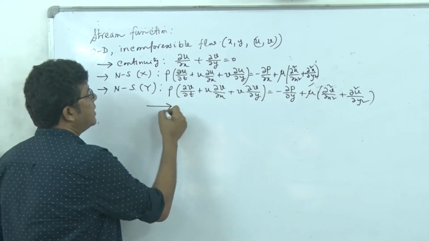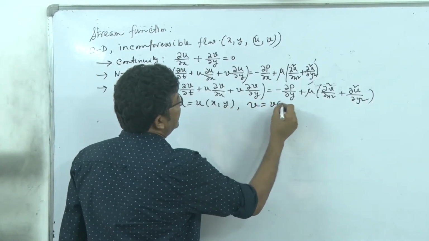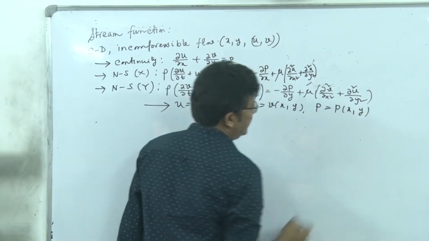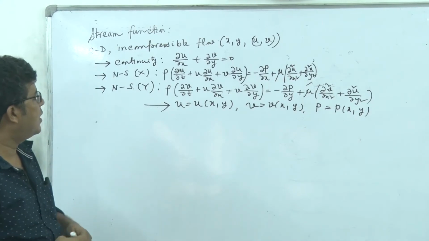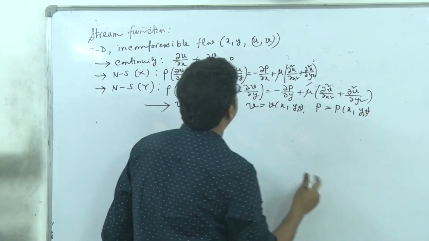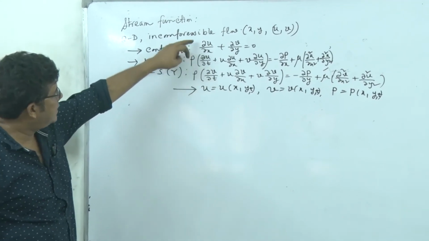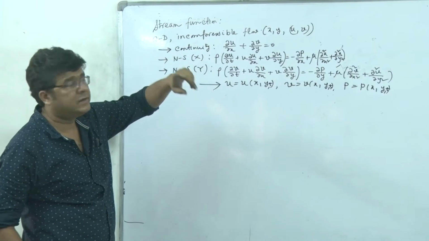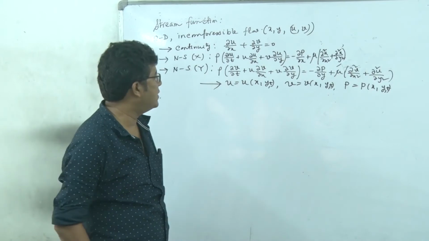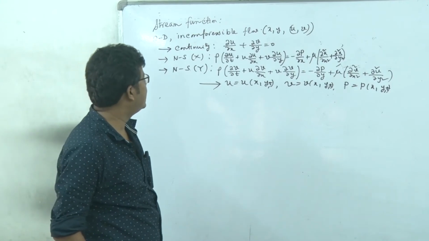So with proper boundary conditions, you can solve for u as a function of x and y, v as a function of x and y, and p as a function of x and y. However, this may be x, y and t as well, because there will be unsteady state. So this is three equations, there are three unknowns, and we have three independent variables t, x and y. So we need the proper initial and boundary conditions. Right? So overall, the task is mathematically quite complicated.